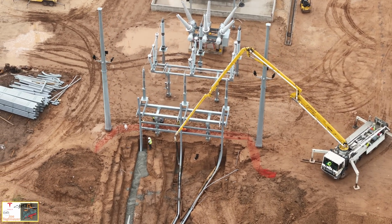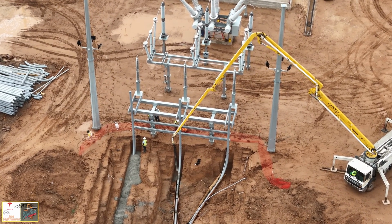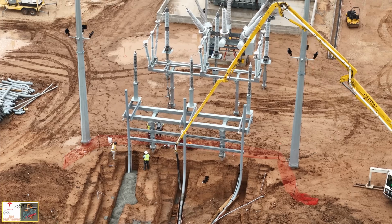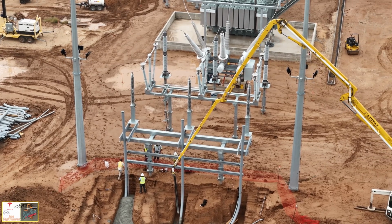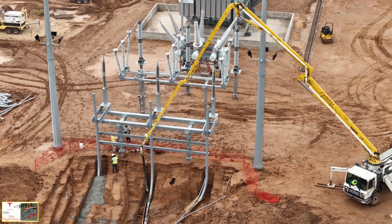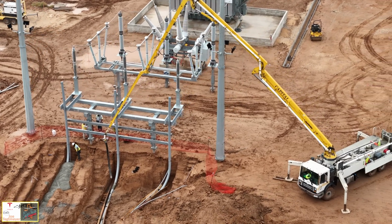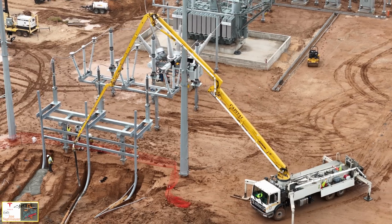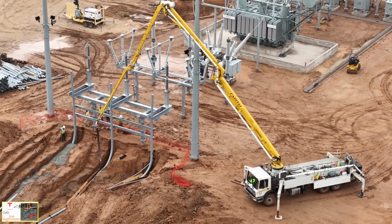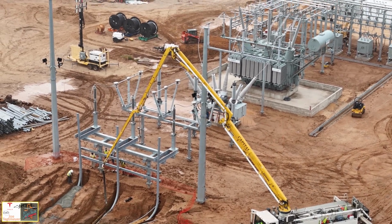And this is really making sure that these don't move with this concrete being poured. And on the left, you can see one of those trenches that has the concrete already poured. I think they're just waiting for a concrete truck to arrive to let the pump truck be able to continue to pour the cement or the concrete into these trenches. But this is a good overall view of how this looks today on the north end, and some of the